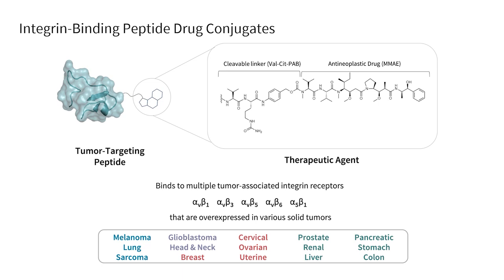for cancer therapy. With this peptide, I then conjugated it to a cytotoxic drug, in this case MMAE, which is an anti-neoplastic agent often used in antibody drug conjugates. I conjugated it with a cleavable linker here, which is Val-Cit. The goal of my project was then to test this peptide conjugate in multiple cancer cell lines to test for